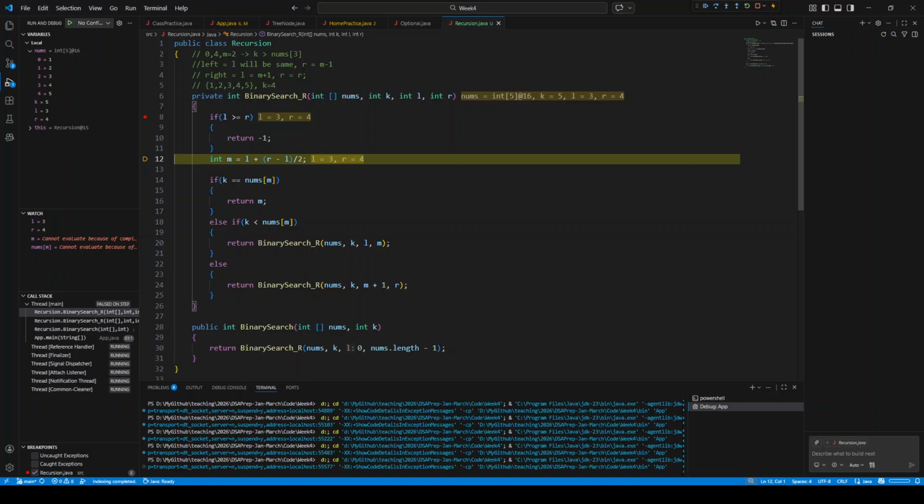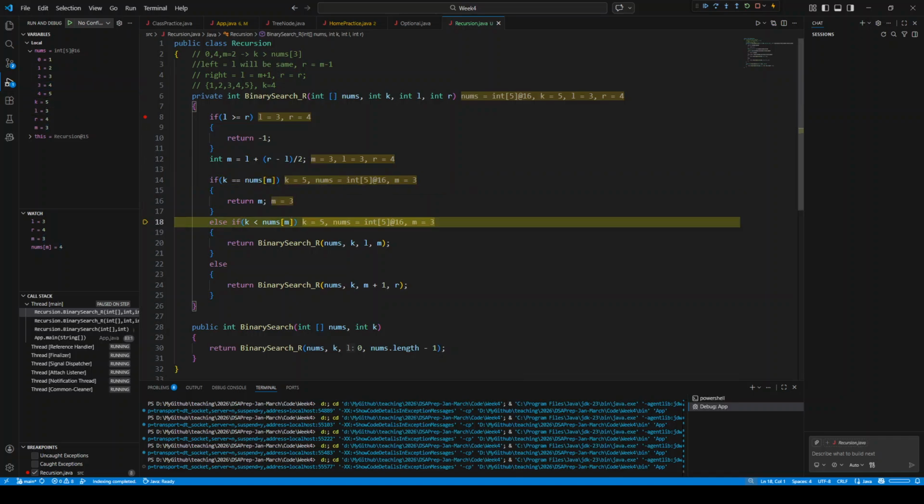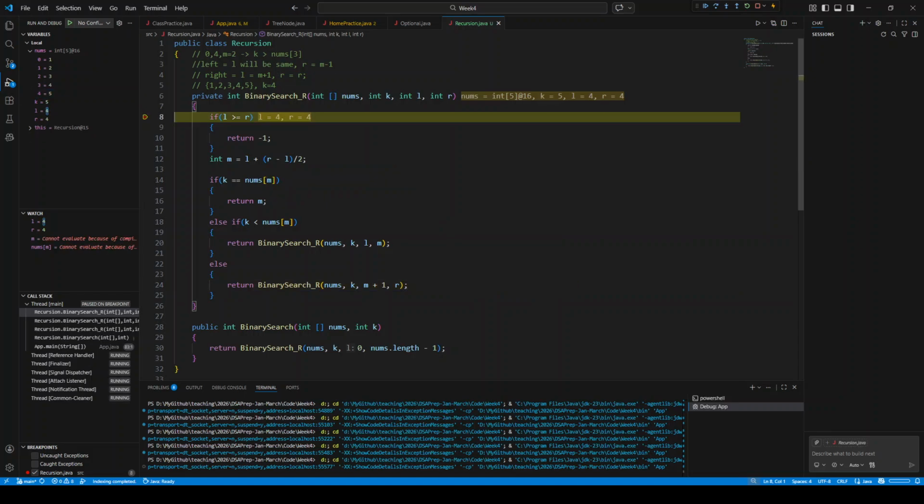I'm going to calculate mid. Mid will be 3, 0, 1, 2, 3. Okay. I want to go on to the right side. That's fine, because my left is this, my right is this, and my mid is this. So it's onto the right side of mid. So my left will be 4 and my right will be 4. Okay. So L is greater than or equal to R,